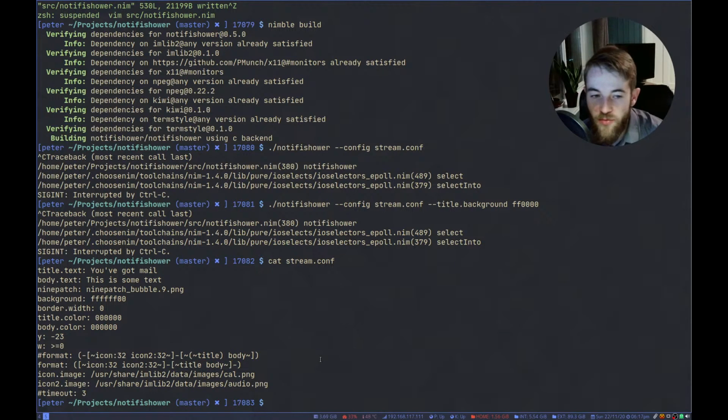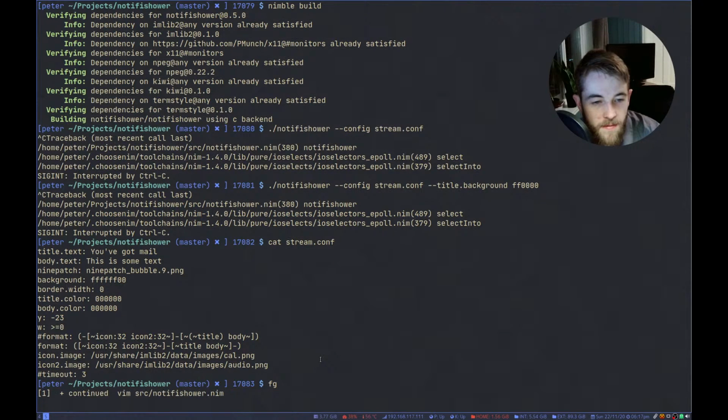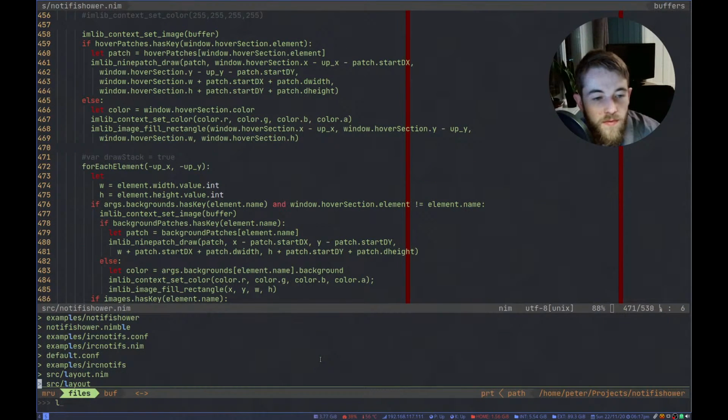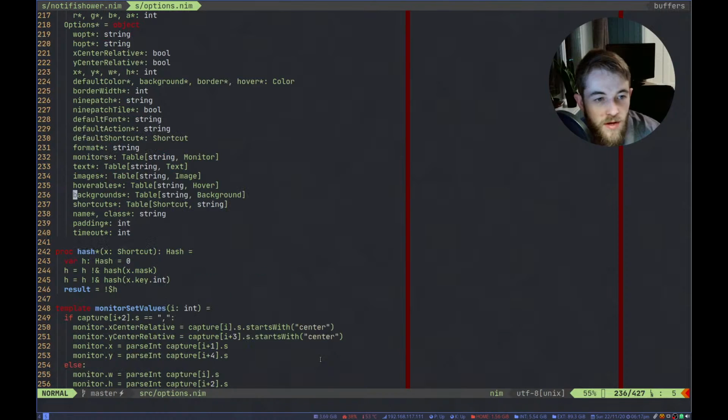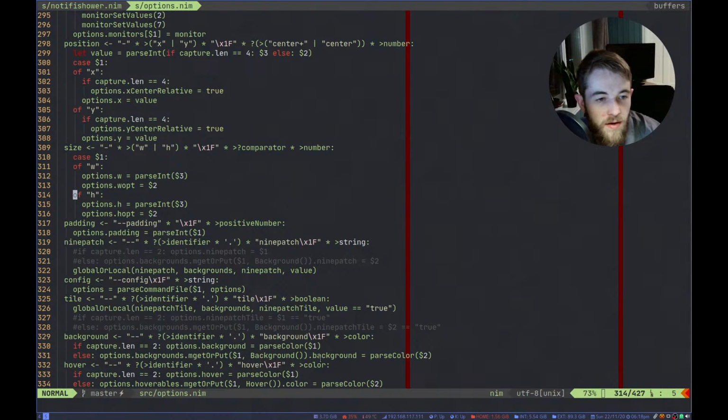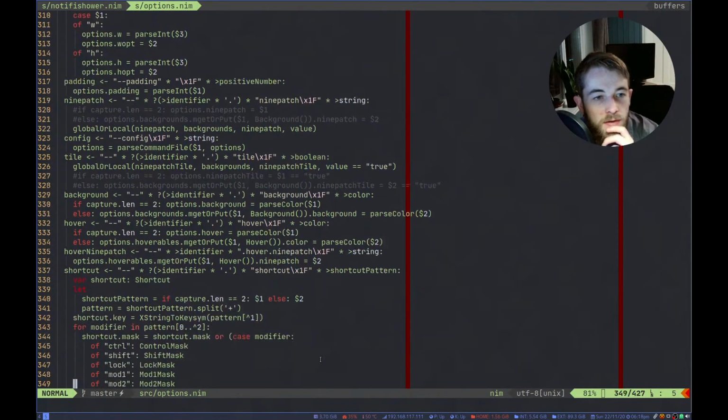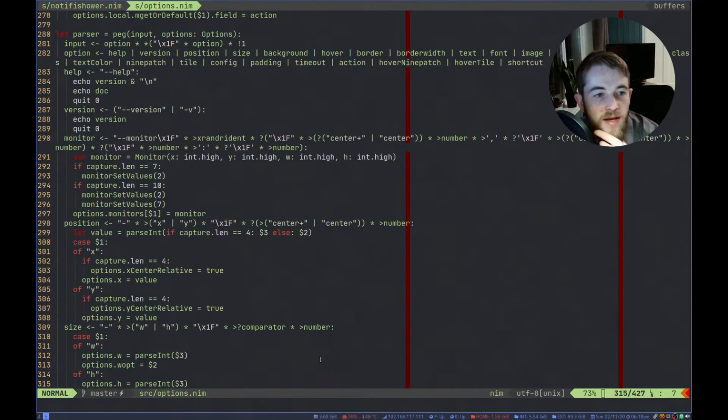So I need to be able to name stacks somehow. Let's look at the options here. So basically we need a way to be able to name a stack.